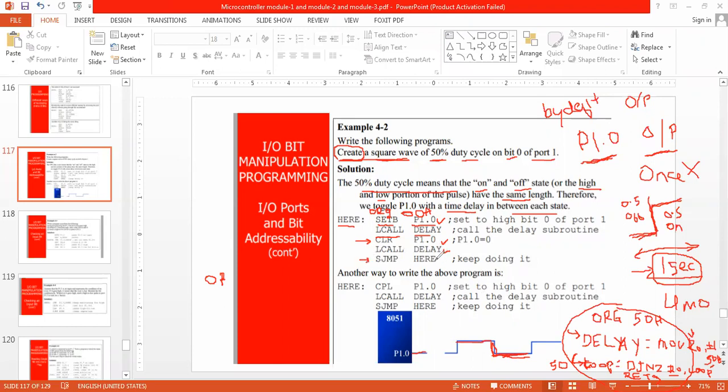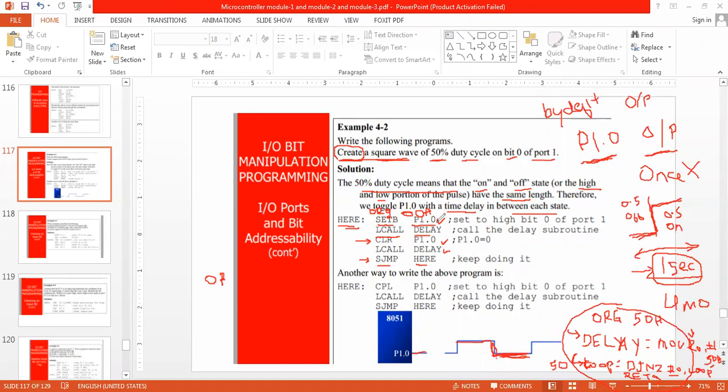So the ALU will come here and find SJMP, short jump, to this address. Where is that address? That address is here. So again the ALU will come here. I have made a time pass of 50 times here for being low.